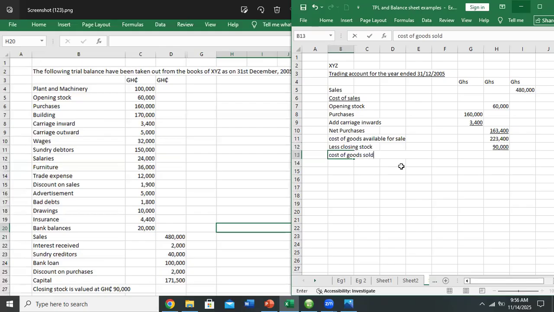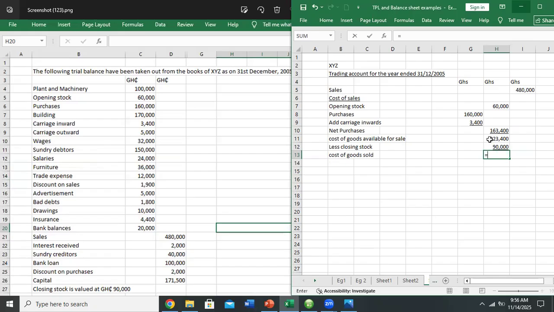Now here again, I tell professors to be careful. When you get your cost of goods sold, check the question if you have a trading expense. And I gave you the common one, which is wages, right? So yes, this question has a trading expense, wages, 32,000. If the question did not have any trading expense, your cost of goods sold would have represented your cost of sales, and that is what you push under the sales to less. But here we have a trading expense. So we have to assess the cost of goods.